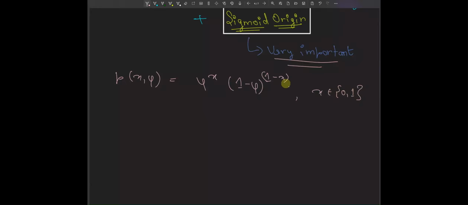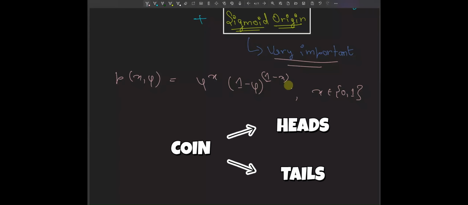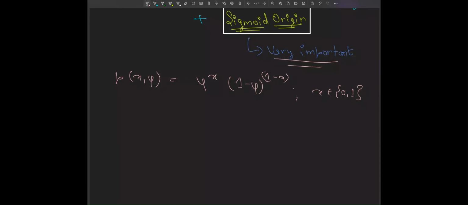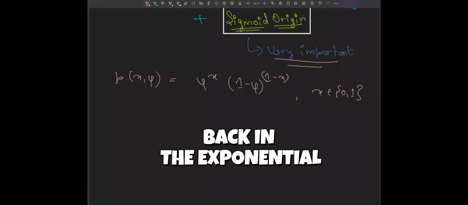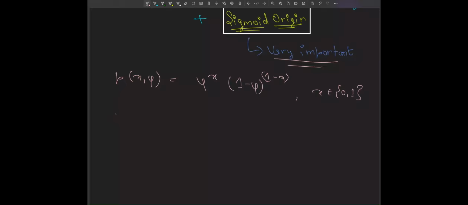Phi is just the probability of getting a 1, like the probability of heads on a coin. X is either 0 or 1. Now the formula looks completely different from Gaussian, but watch. All we are going to do is take the log, rearrange and put it back inside the exponential. That's the trick. So p(x; phi) equals exponential of